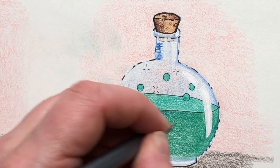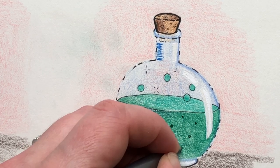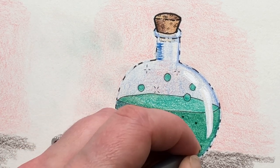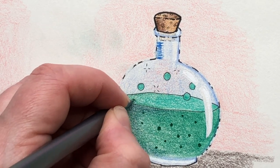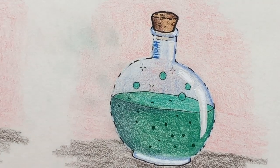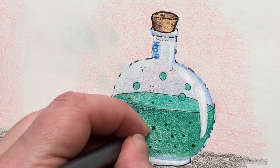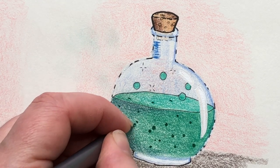But there we go, I can add some more bubbles into the potion that's in my bottle. Maybe some bubbling up on the surface here as well. Ready to pop, pop, pop. I'm just thinking that that's the noise they would make. I don't know if they would make a noise at all, but...